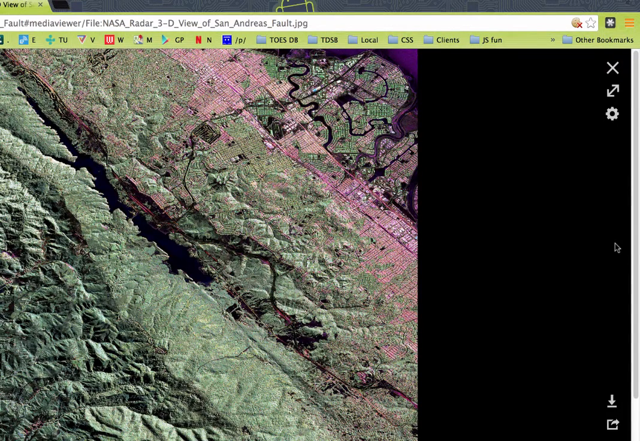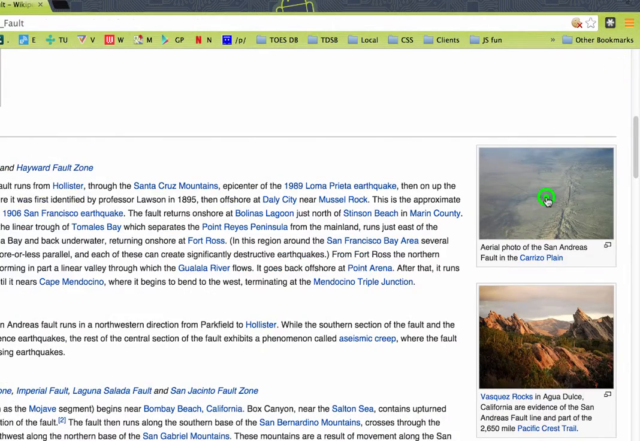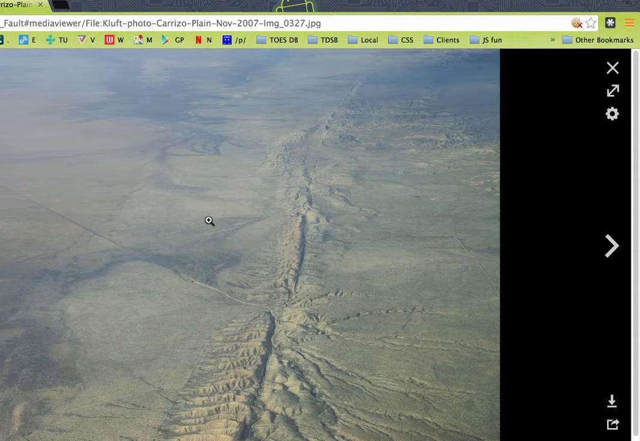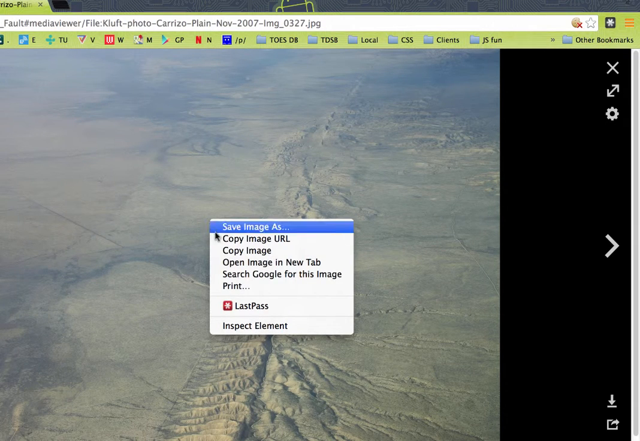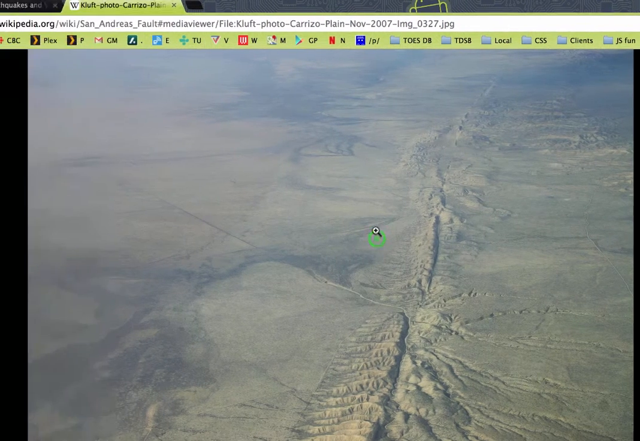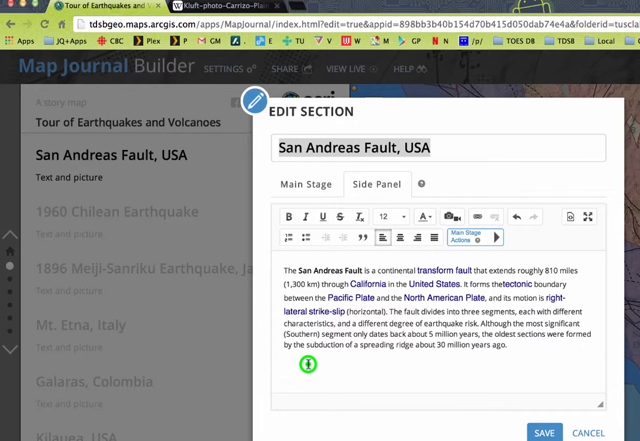Satellite photo that shows how it fills with water in some places. I kind of liked this one. When you find the photo that you like, right-click on it, and we want to click on Copy Image URL in the menu here. Then we can come back to our Tour tab, click back in the text box below,